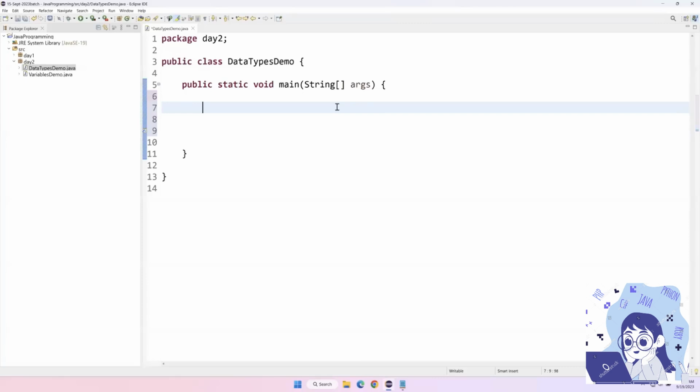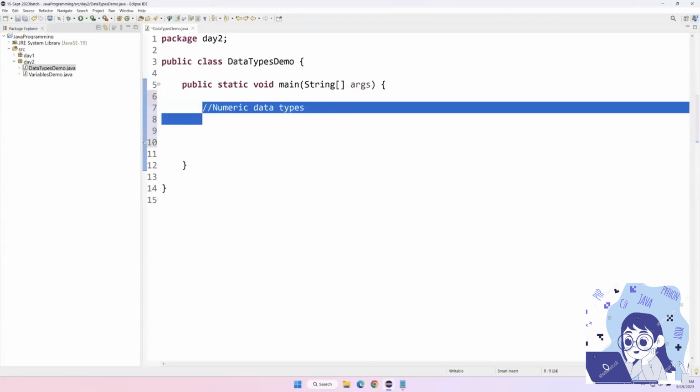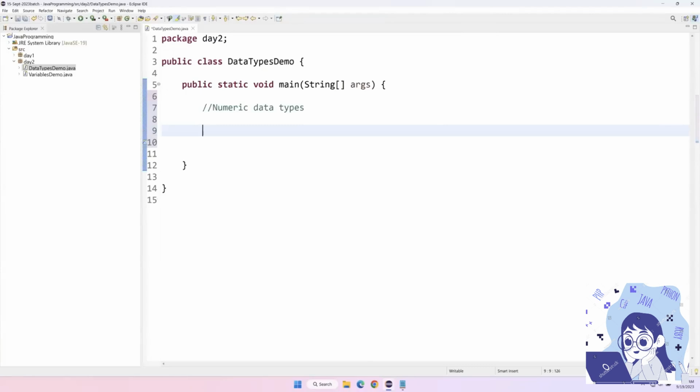First, let us start with the numeric data types. Numeric data. So here, I'm just keeping the comment so that you can easily understand the code later, okay? Numeric data types. So I will define two variables. You can see here, int a = 100,